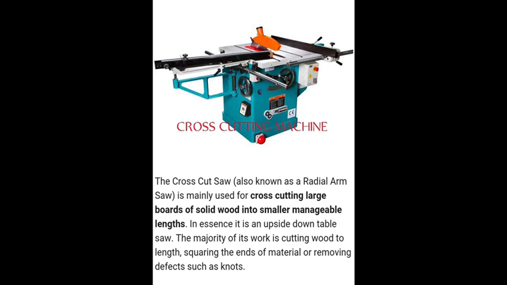Cross-cutting machine. The crosscut saw, also known as radial arm saw, is mainly used for cross-cutting large boards of solid wood into smaller manageable lengths. In essence, it is an upside-down table saw. The majority of its work is cutting wood into lengths, squaring the ends of material, or removing defects such as